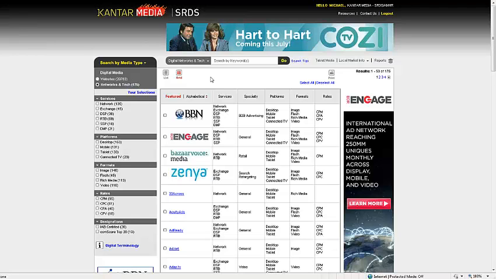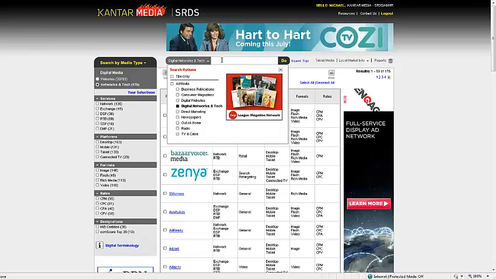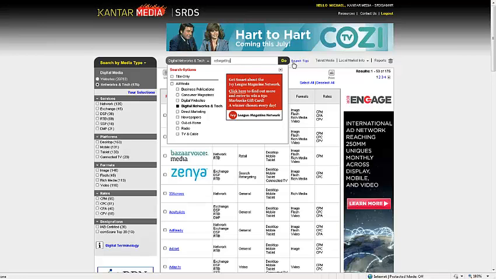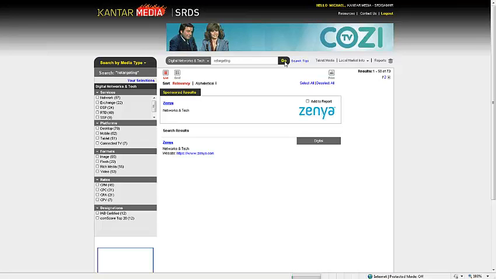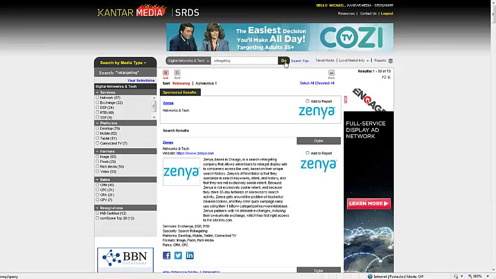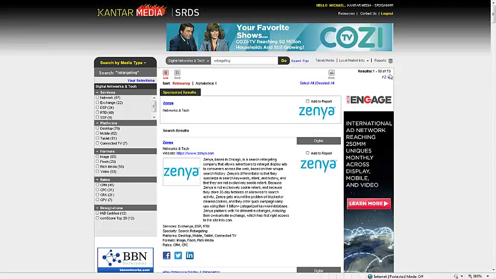And in this case, what I would do is I would use the open search and type in the keyword of retargeting. What that's going to do is it's going to bring up every listing that mentions retargeting in it. And so when my results load, you'll notice I've got 73 companies that meet that criteria. So there are 73 companies that mention retargeting somewhere in their listing.